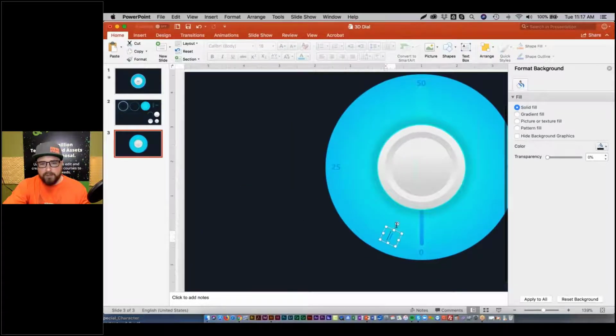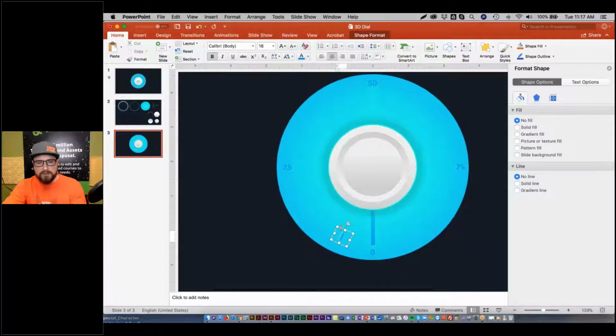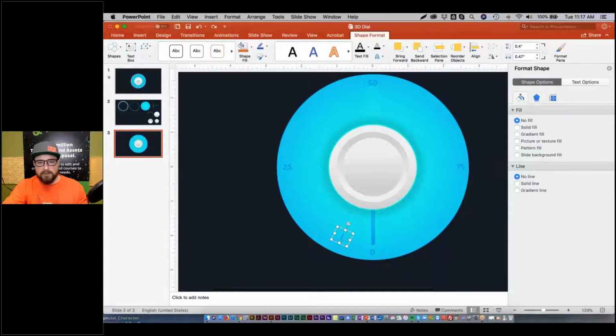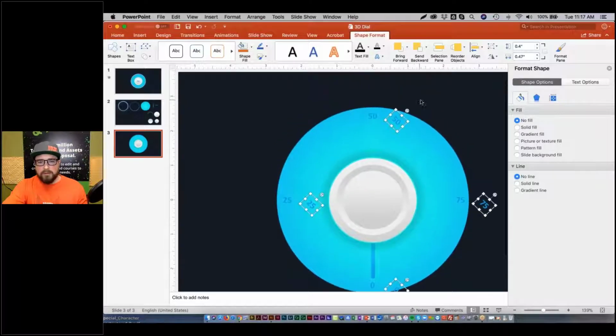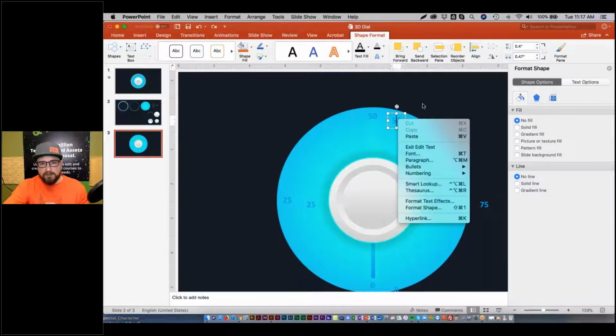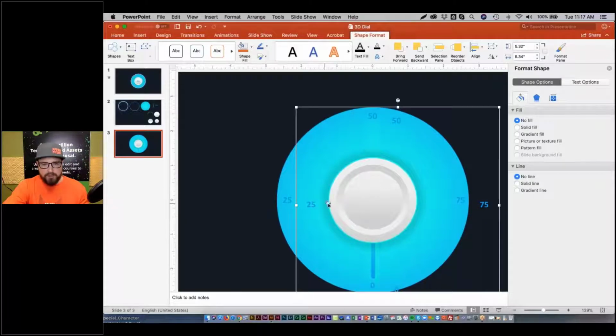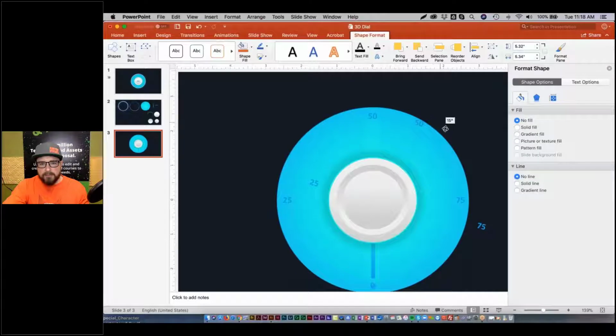So what I could do instead to make it exact, is I'm going to get rid of this actually, and I'm going to select these 4 numbers, and I'm going to copy and paste, and I'm going to rotate them. Sorry, I have to group them first. So Option Command G to group,